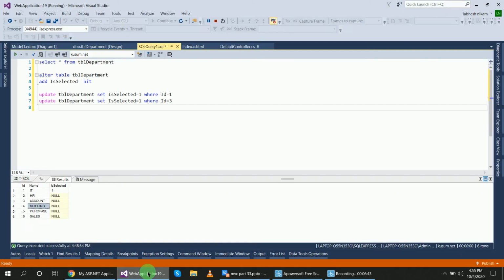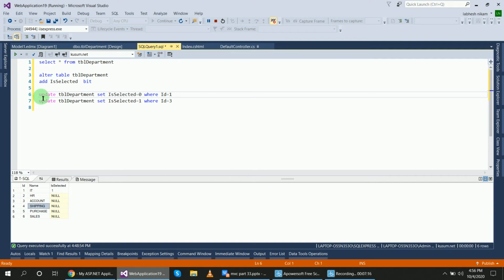So I will make 0 for the IT department and 1 for the Accounts department. UPDATE tblDepartment SET IsSelected equal to 0 WHERE id equal to 1, and Accounts has id 3, so UPDATE tblDepartment SET IsSelected equal to 1 WHERE id equal to 3.